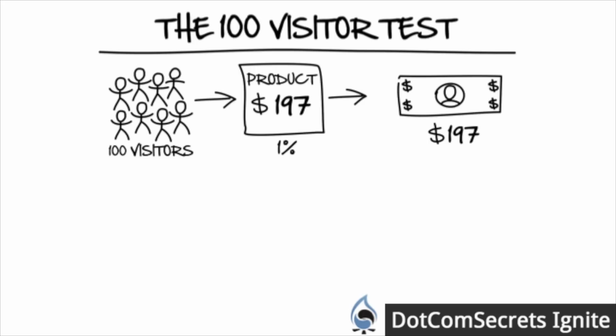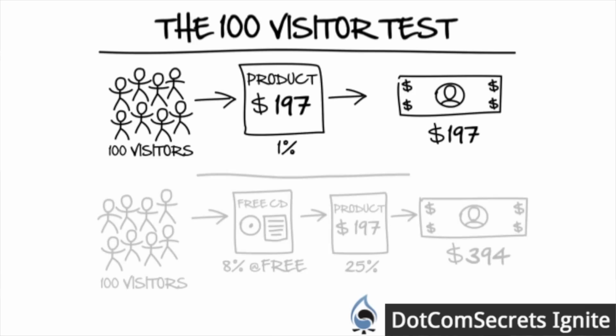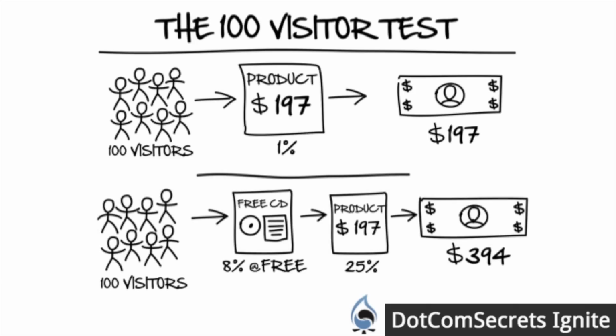Then we decided, let's tweak this model and test this concept out. So we changed it. We took those 100 visitors, we sent them to an offer that was free plus shipping, and then afterwards we upsold them the exact same $197 offer, and then we wanted to see what would happen. What was interesting, by the way, is the sales letter for a $197 upsell is about 1/10 as long as the initial one. It's way easier to write, takes almost no effort, and I'll show you guys the script we use in a minute, or tomorrow. But when people go through the process, we're averaging about 8% of the people that take us on the free plus shipping offer.